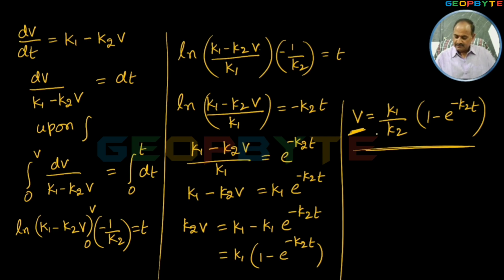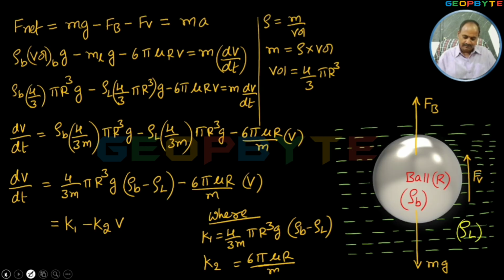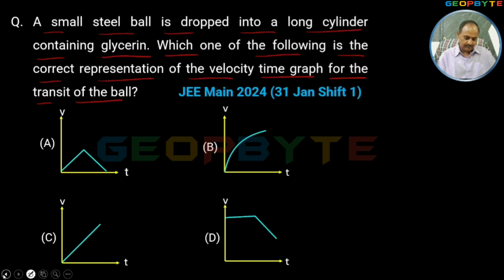Here the velocity v is a function of exponential power t. Therefore velocity and time are exponentially varying. Therefore among the given options, look at the curve which is maintaining the exponential variation. Option B is the velocity versus time graph varying exponentially. Therefore you can select option B. Understood clearly? Yes. Then let's take the